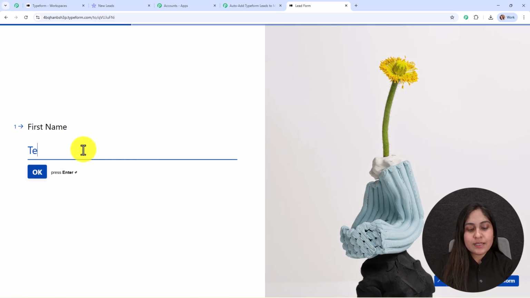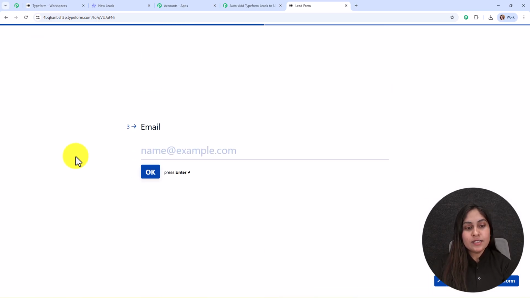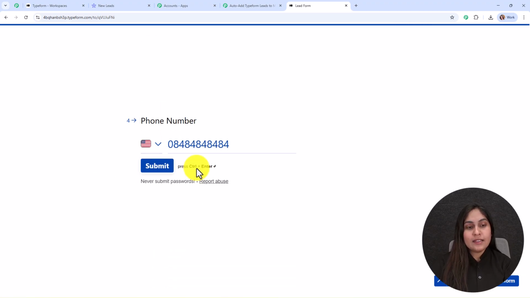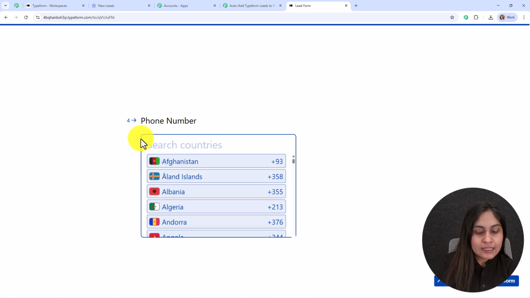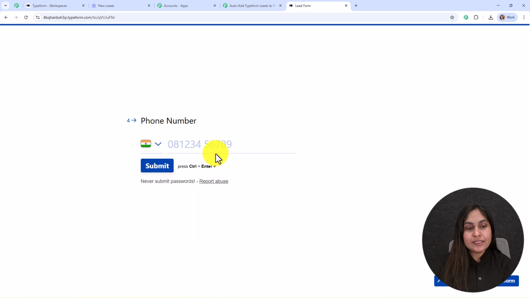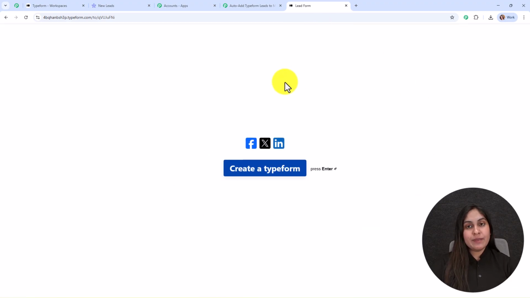So for the first name, I'm going to enter the name as test. Then for the last name, we are going to enter the name as user, email as test@pabblytudes.com, and here for the phone number, we are going to select our country code first, that is India, and then here we are going to enter our number, and then here we're going to add a random number. Alright, then we're going to press control and enter, and you can see we have successfully made a form